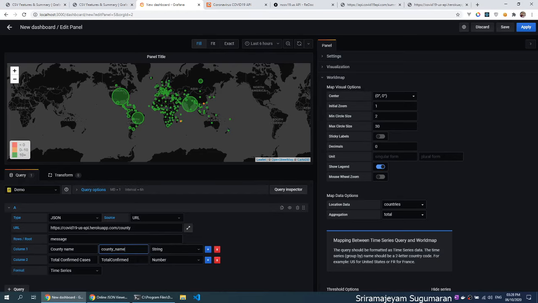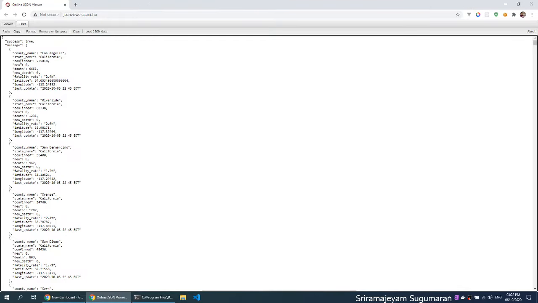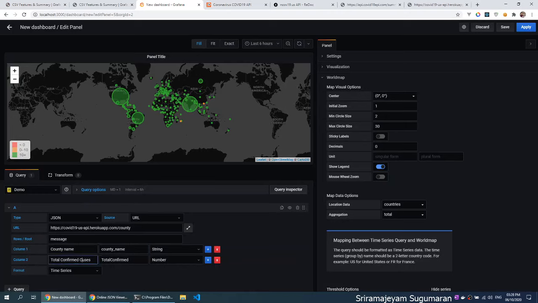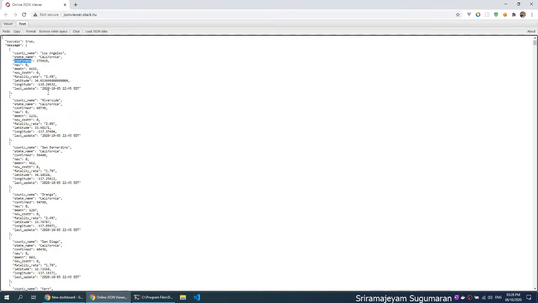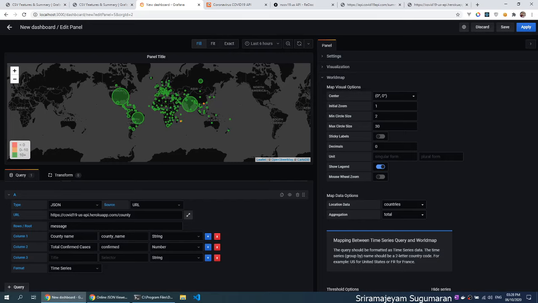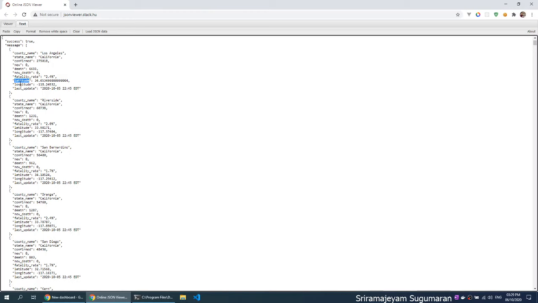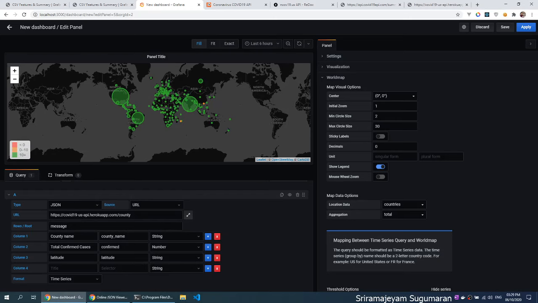Then what we want to visualize is the confirmed cases number. Then we have latitude and longitude. This time let it be a table. Let's see if we can visualize this, right?